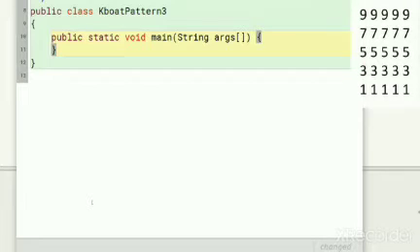Now we are ready to code this pattern. This pattern has 5 rows. Each row has 5 terms in it, so our inner and outer loop should execute 5 times. The numbers in the rows start at 9 and are decreasing by 2 with each row. Let's write the outer loop for this pattern.